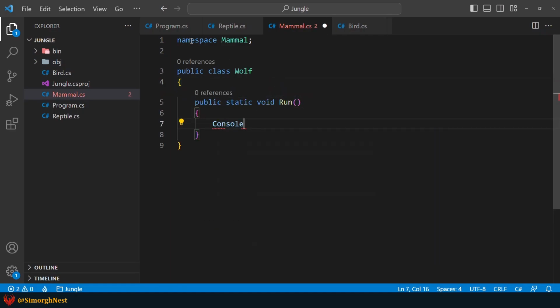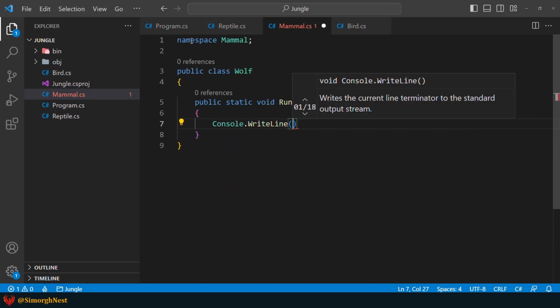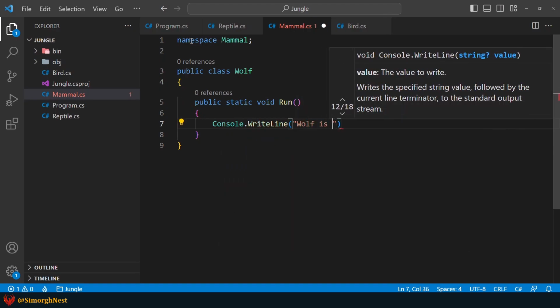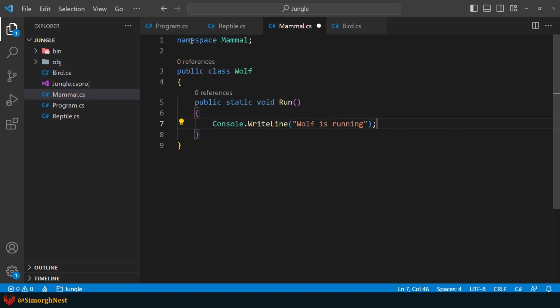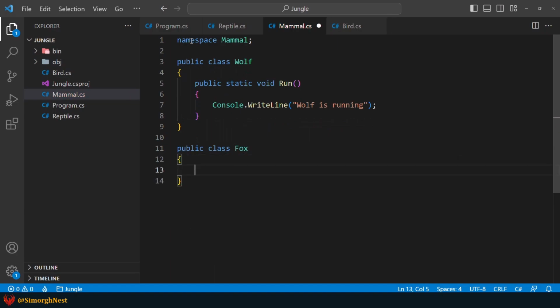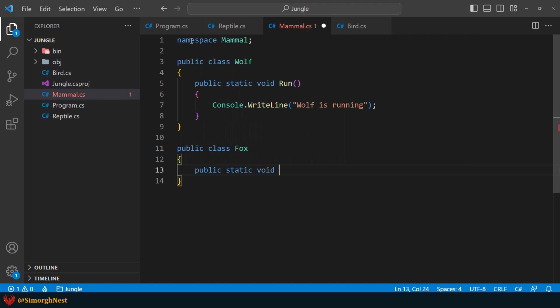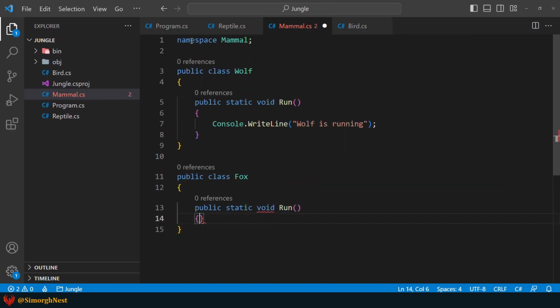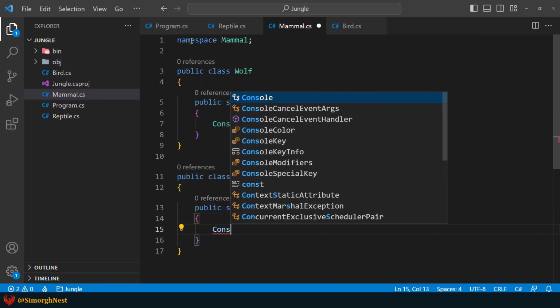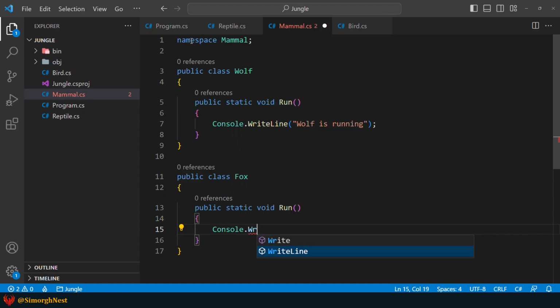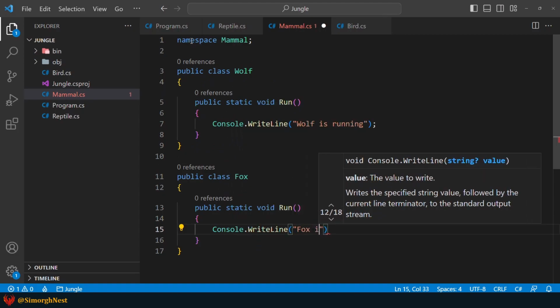Console dot writeLine wolf is running. Public class fox, public static void run. Console dot writeLine fox is running.